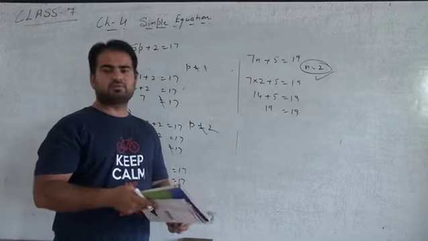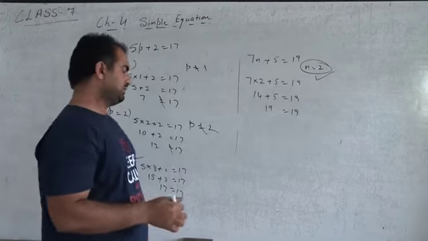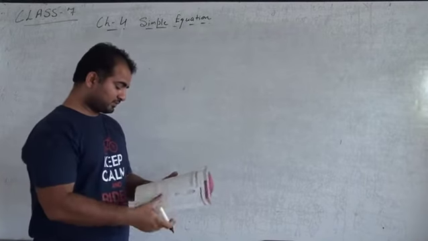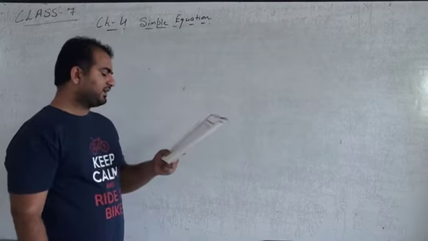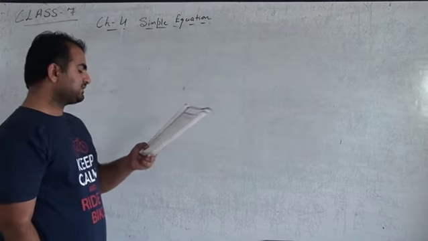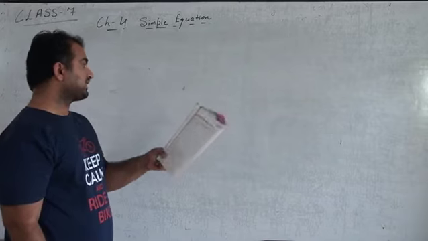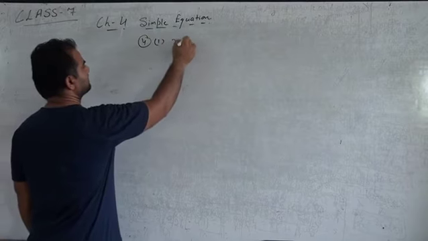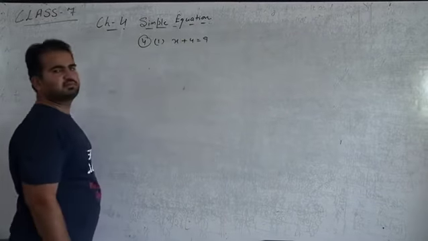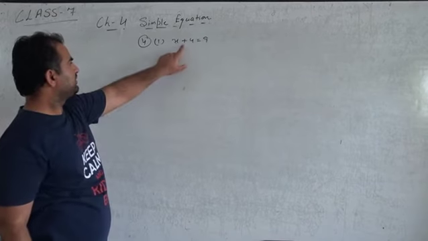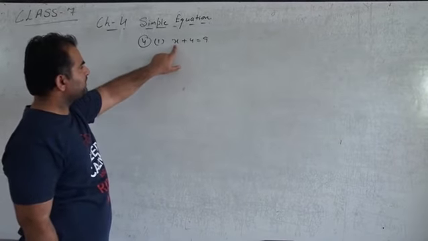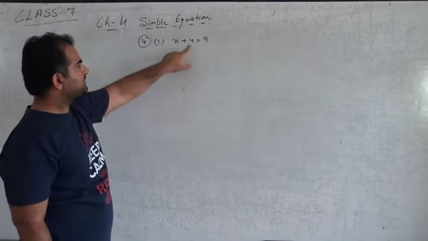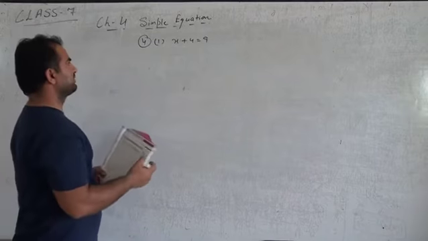Question number 4 is what we have to do is we have to write the statements. Okay, as it is asked. So question number 4 is write equations for the following statements. First is the sum of a number x and 4 is 9. X plus 4 equals 9. Is it correct? What is a sum of a number x and 4? So this is the sign of sum. So x plus 4 equals to 9. This is our equation.